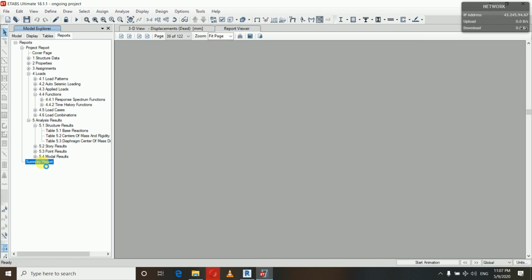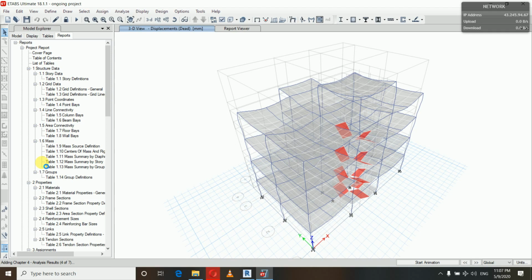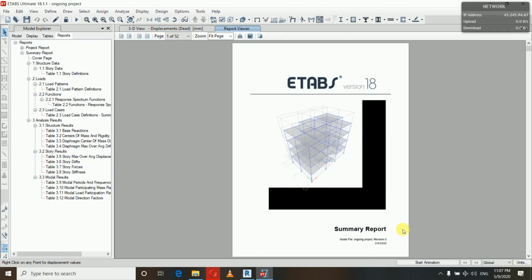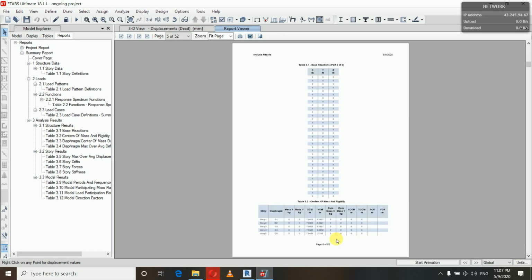And in summary reports, what you will get is the summarized version. In summary report you can see that was the project report, and this is the summary report. In summary report you have got only 52 pages. In 52 pages, what are the things that you have got is the list is here, so you can navigate